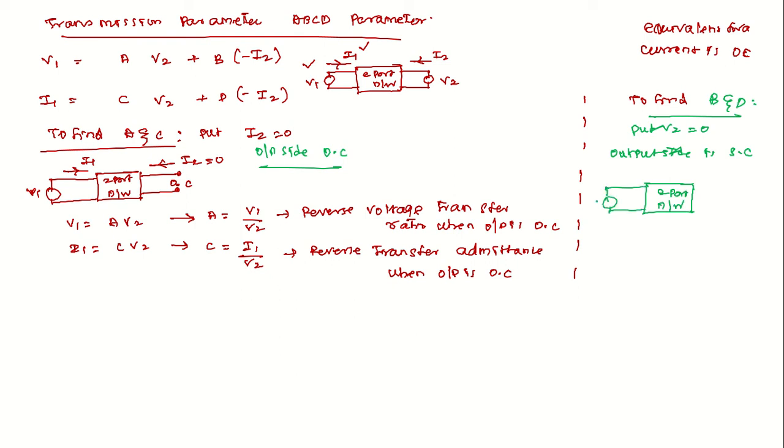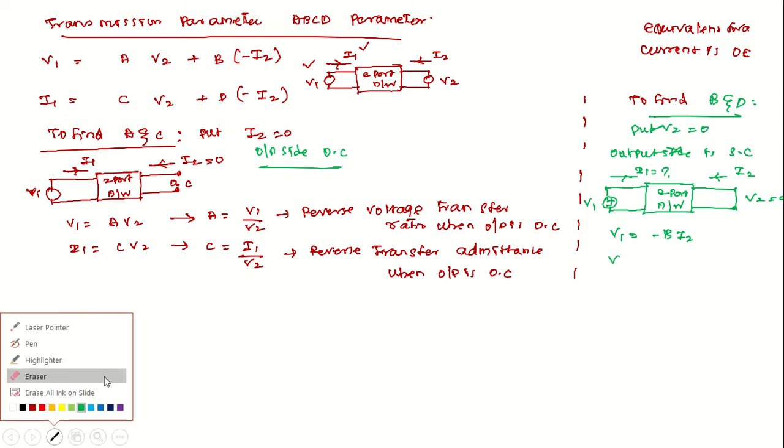The voltage plus and minus is V1. Here the output is to be short circuited, and the current is I1, some current will be there, and here I2, it's short circuit, right? I2 will also be here, but V2 is equal to 0, then V1 is equal to minus B into I2, and the next one is called